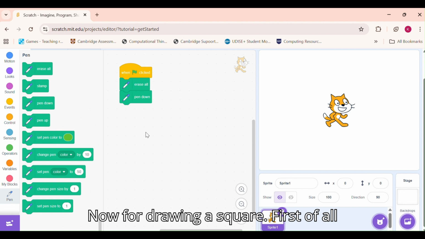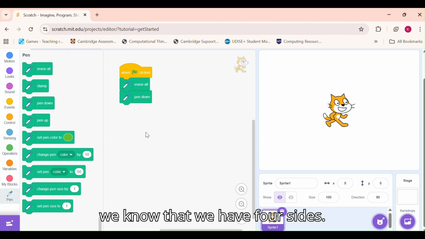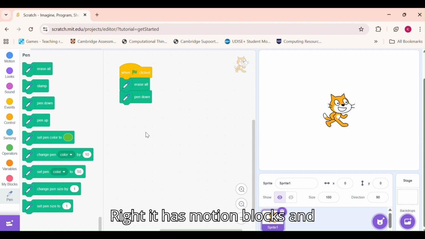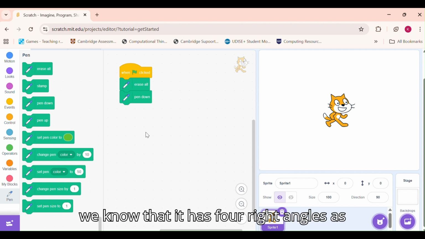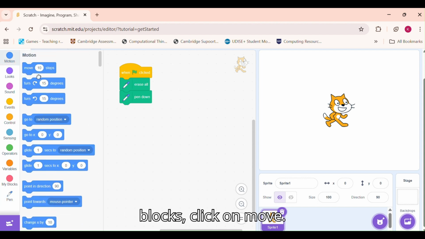Now for drawing a square, first of all, please understand this. To draw a square, we know that we have four sides, right? And we know that it has four right angles as well. So for that, we need to go to motion blocks, click on move.